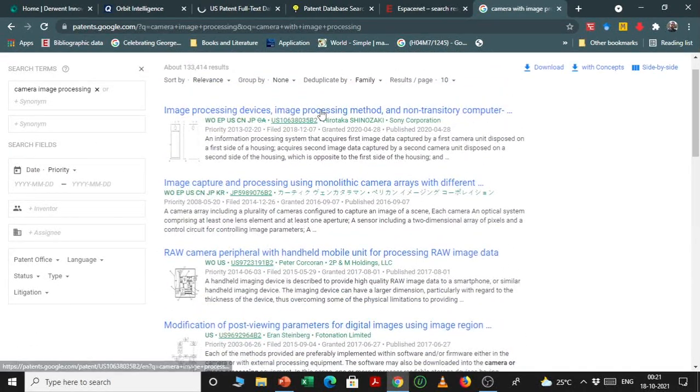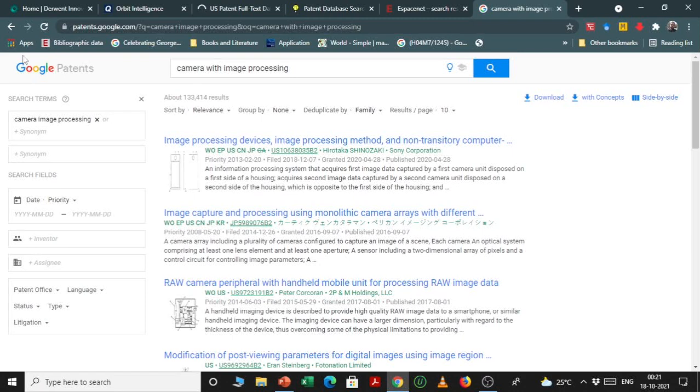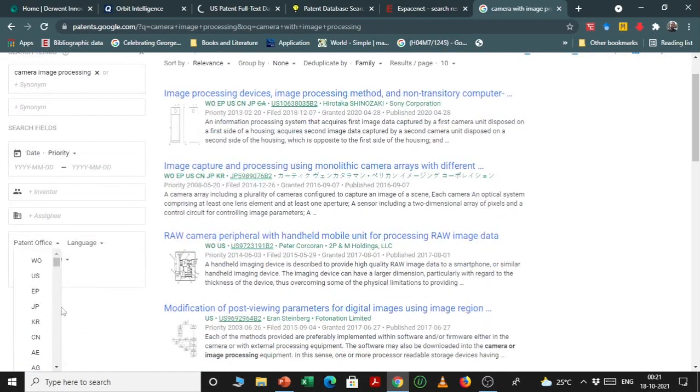It provides a variety of filter tools. For example, you can put other synonyms here, and you can put the date restriction here. You can put the inventor restriction here, or the assignee restriction here, or you can search a particular country's patents. Like if you want to search in the United States, Europe, Japan, Korea, China.